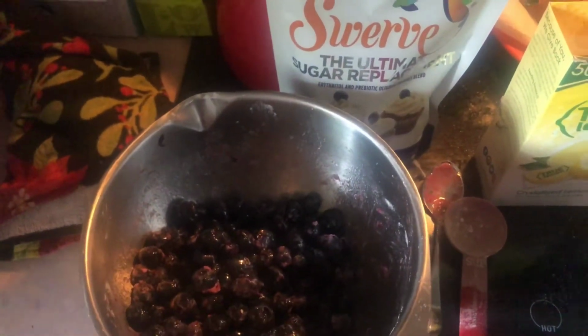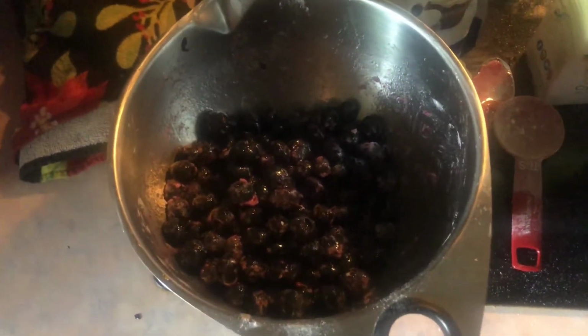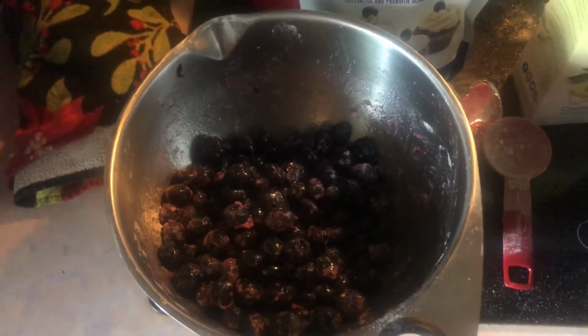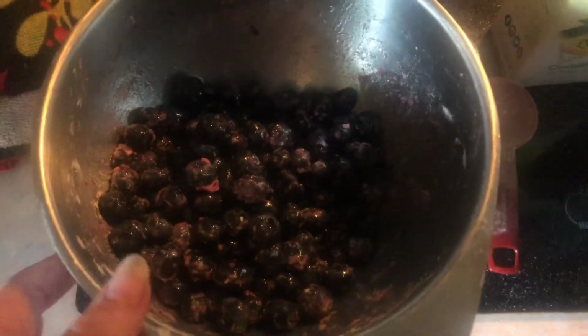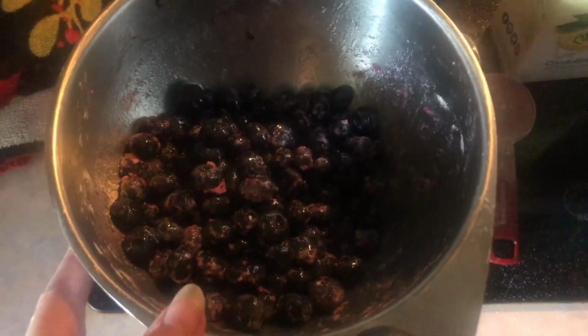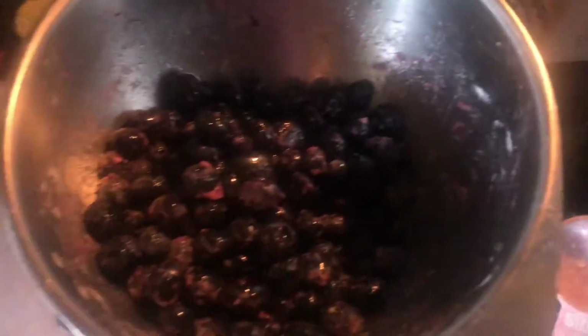Alright guys, so we got that great sale on the blueberries at Sprouts, so I am doing something with them because they will not all get eaten quickly. So I'm going to make a few different things for meal prep, and I'm going to make a blueberry cobbler. In this bowl I have put 2 tablespoons of Swerve, about a container and a half of blueberries, this size container, not the little bitty ones,